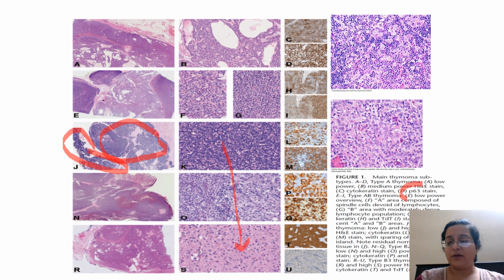The markers that we normally go for are p63, and we can go for TdT as far as the lymphoid component is concerned. We go for cytokeratin, and of course we have to look for Hassall's corpuscles to confirm that it is a thymus, which are morules that look like squamoid cells. Otherwise you can get reactive germinal centers in a thymus. A normal thymus will be nodular, with fatty areas, nodular lymphoid tissue with Hassall's corpuscles, while a tumor will be more diffuse. You might or might not get Hassall's corpuscles. Okay.